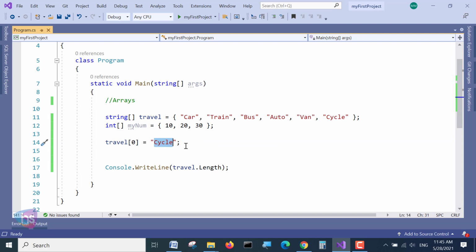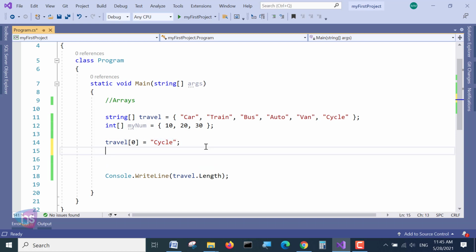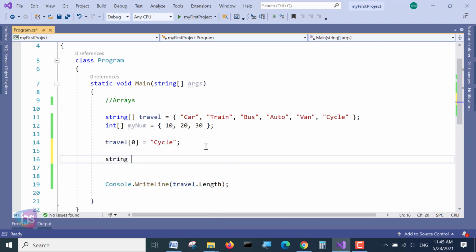You can also assign to a local variable, say string, like vehicle or car or name, any name, equal to travel of 0. If you add travel of 0 here, what happens?